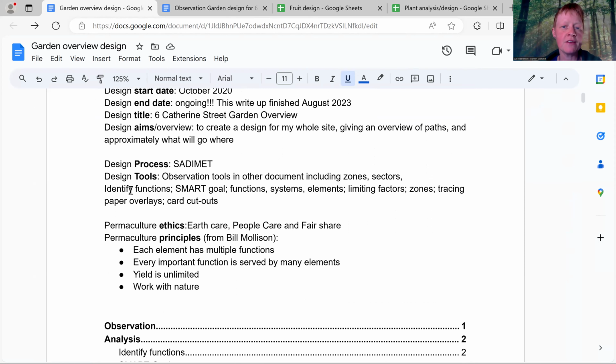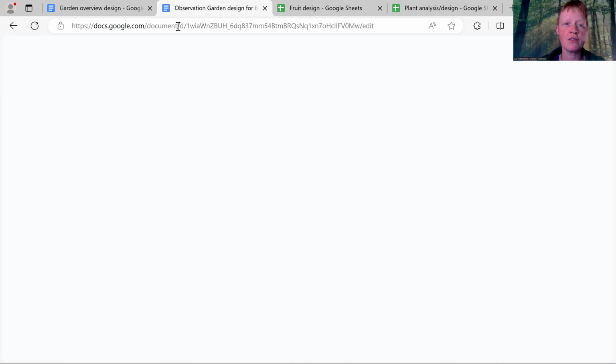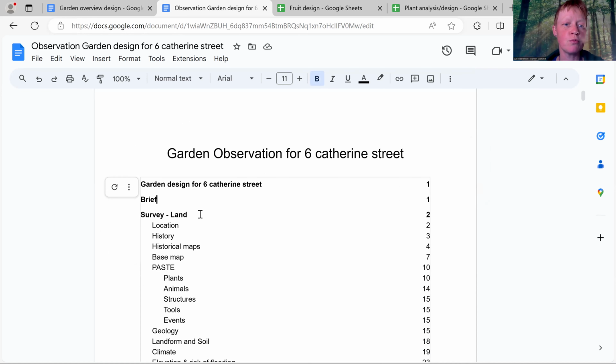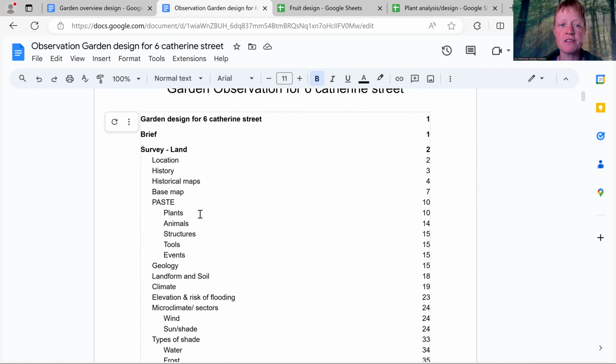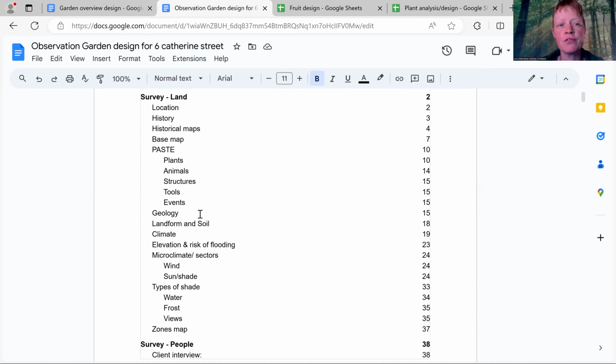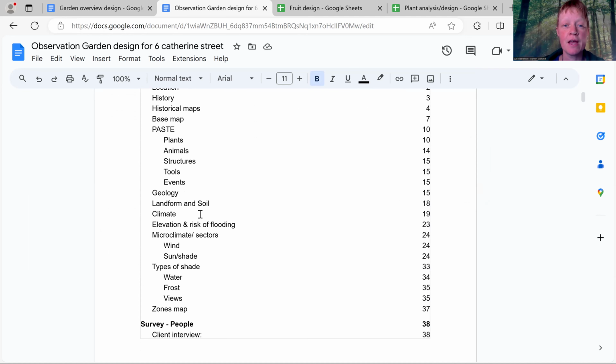I used SADIMET, and these are some of the different tools that I used. And I looked at the permaculture ethics, and these were the most relevant of the principles that I looked at. So the first thing was observation. I spent a year doing observation, in which I found out the brief. I surveyed the land, the location, the history, found out about the history of the site, as well as historical maps of the area. I drew a base map,